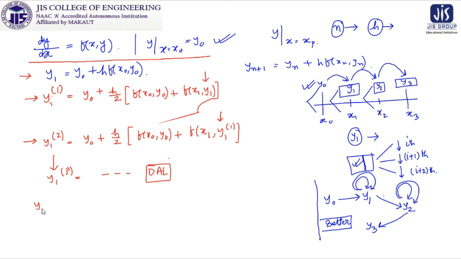After that we are going for y2, and then we are going to use y2 with this final y1, and then again after calculating the value of y2 we will update y21, y22 in this manner. So this is the whole scheme of modified Euler's method. Let us go for one problem.